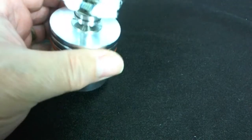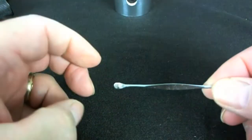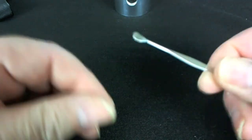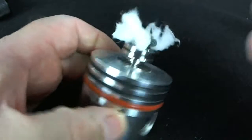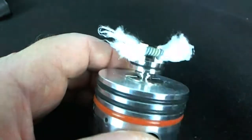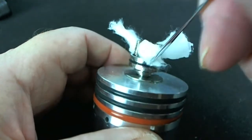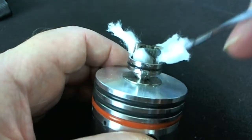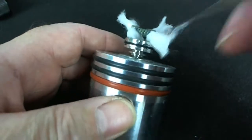Right, that be that. Now I use, I don't know if you can see, I think it's used for, you know, cleaning fingernails out and that sort of stuff, but I find that little spade on the end is brilliant just for folding your cotton. Just separate them like that. Okay, so just lift that gently and just place it in there like that. Again, I find it easier just to